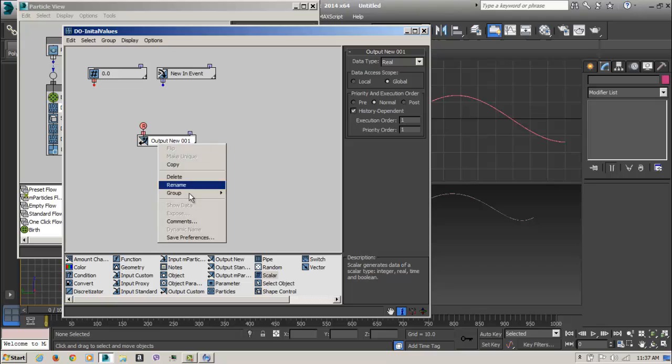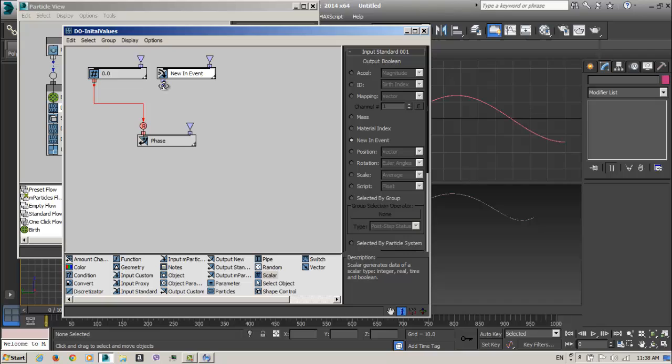When I rename this to the first, I rename this to fuzz. Okay, this will be our fuzz, and just in the first event, just make a new event.